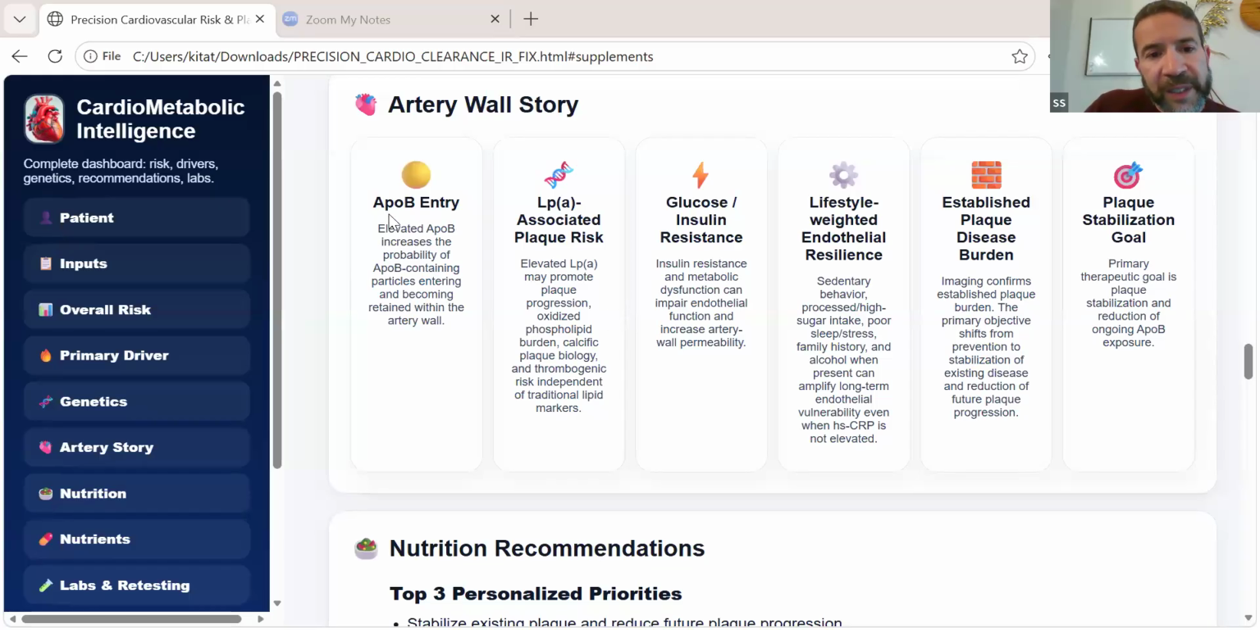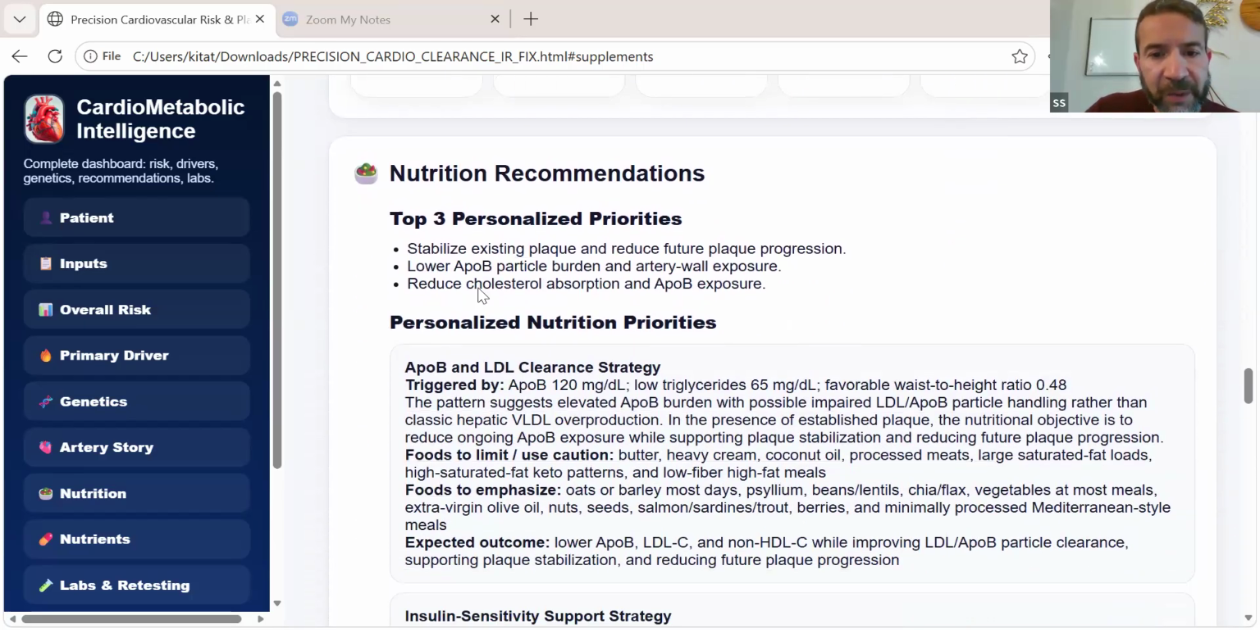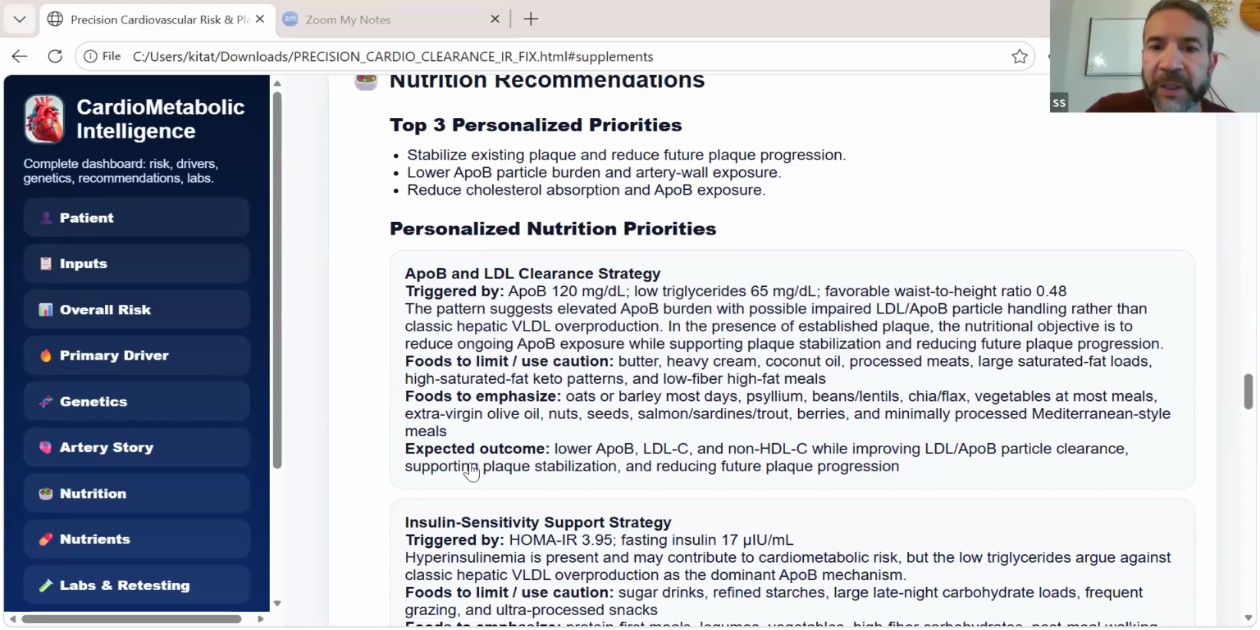So the artery wall says that we have too much ApoB and we have an Lp(a) associated plaque risk, and it gives us a bunch of recommendations: glucose, insulin resistant lifestyle, already established plaque disease burden, and plaque stabilization goal. All right, now the therapy is around stabilizing this plaque so it does not progress. Nutrition recommendation is going to be, okay, stabilizing existing plaque and reduce future plaque, all right, lowering ApoB particle and